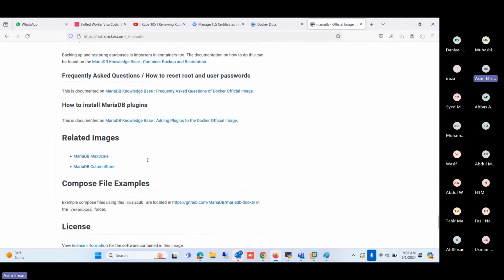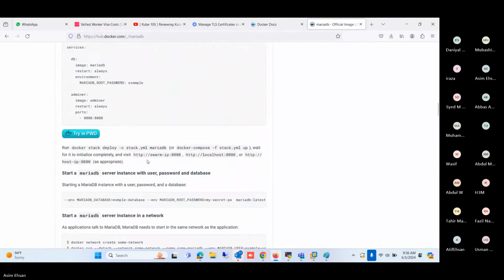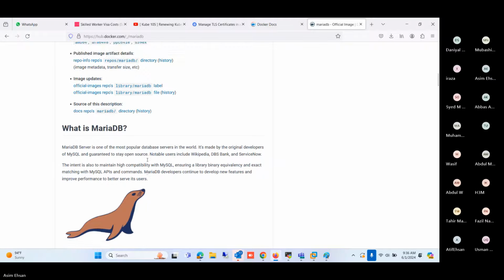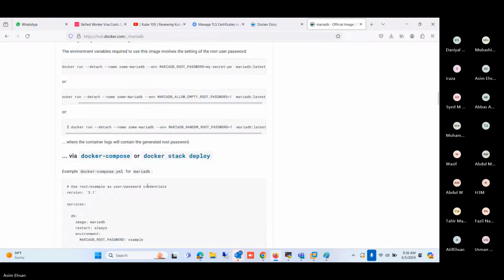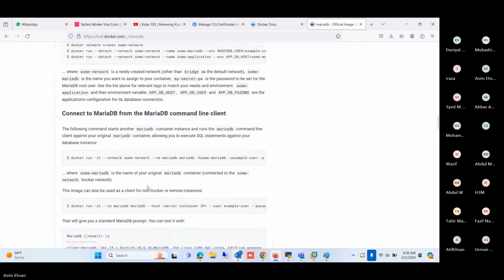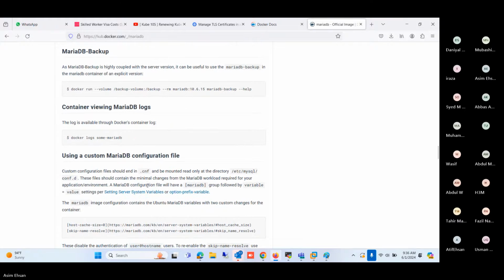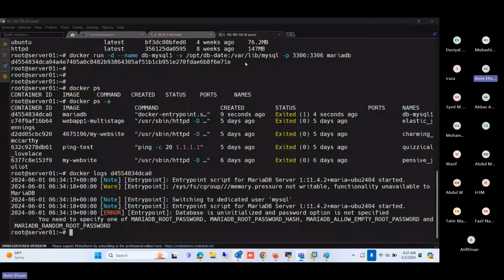we can use multiple environment variables. For example, I can... they mentioned only these environment variables, but we can also create the database user with the environment variables. So, okay, let me just use only this one environment variable. To use this environment variable, what I need, first of all, I will